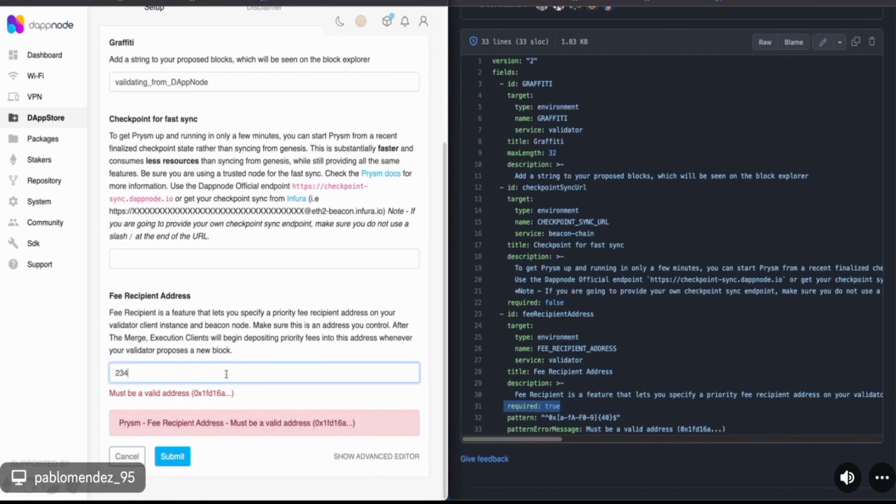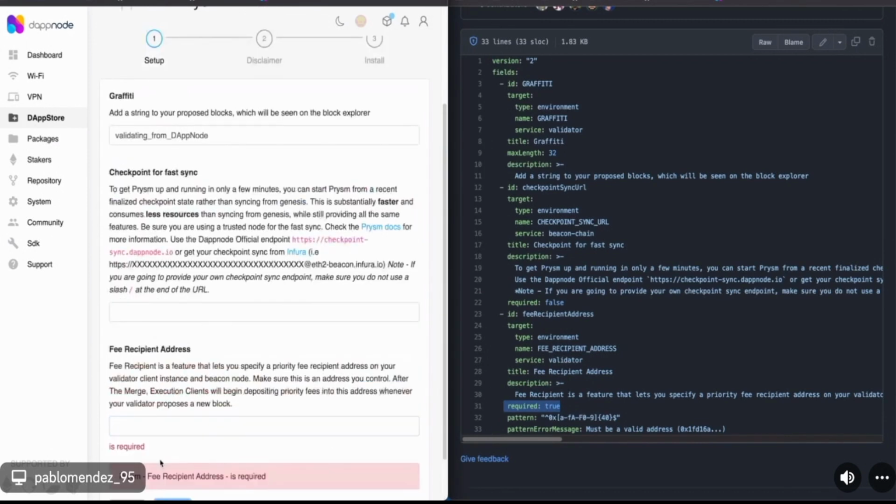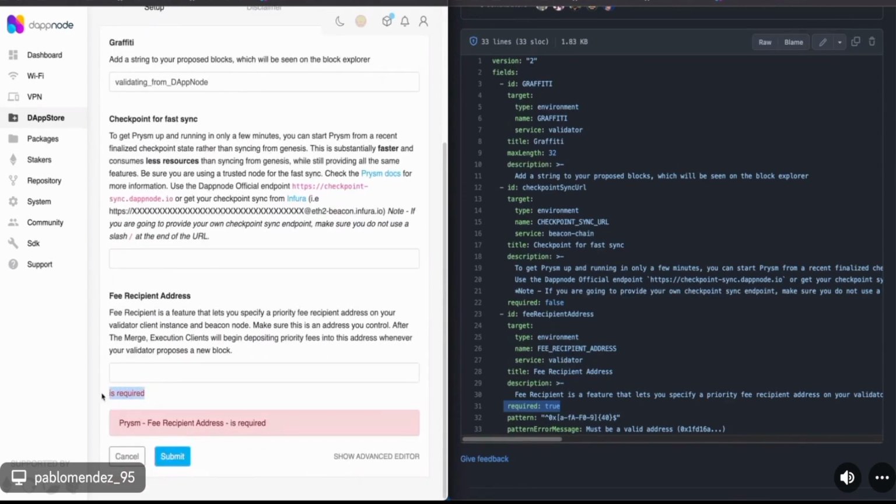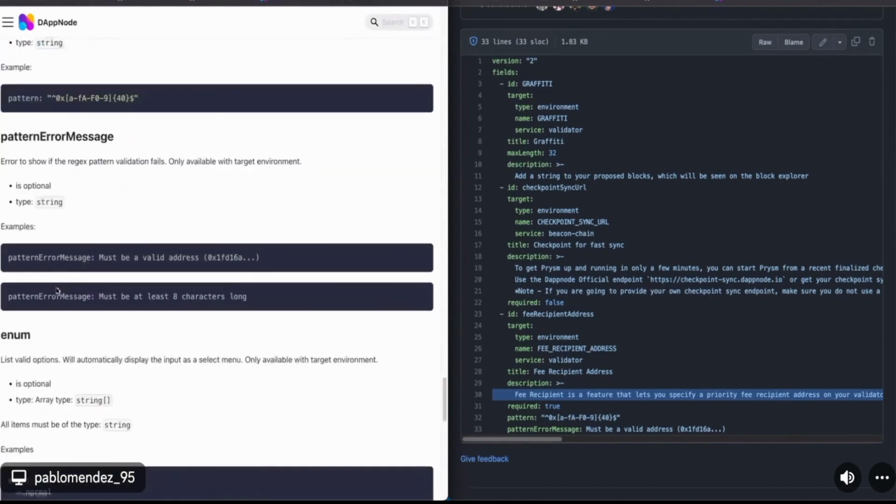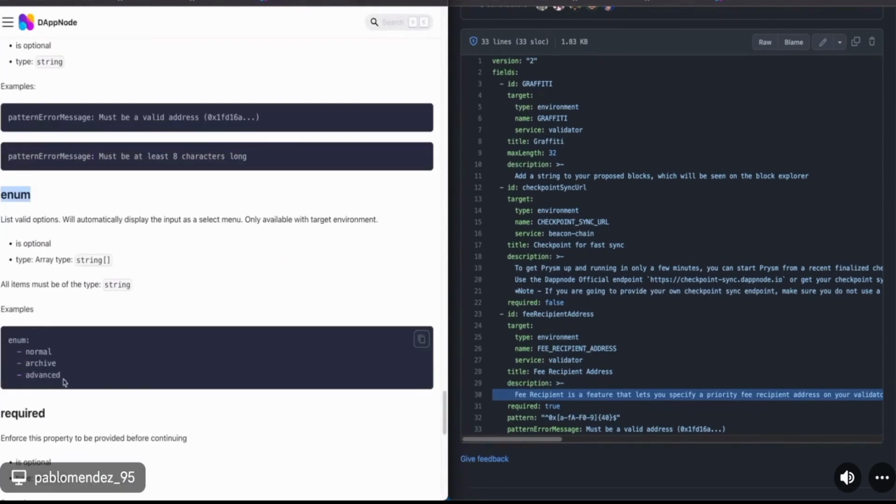So if you don't set any value, you will not be allowed to continue. You see, because it is telling you. You can also set the description of the environment variable, which is this thing, and that's it. But if you want this, for instance, to be an enum, like a selector that will display 3, 4, 5 options, depending on you, you just need to choose enum, which is this, and then you define the options available, and that's it.